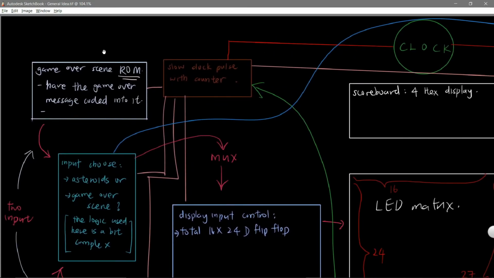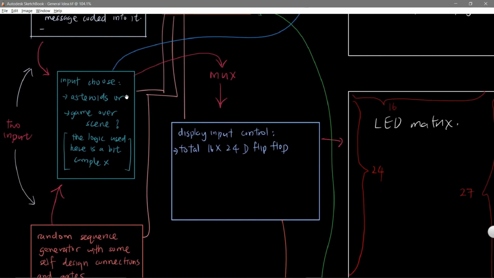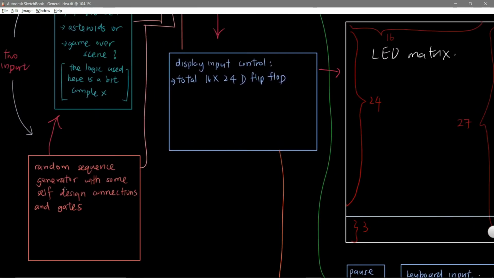About how the message is stored, we will discuss that in detail later. This ROM, its content never changes. Once you set it, it never changes. You just need to let it display its content by using a counter to choose the address. So you want to input your contents in an ascending arrangement, right? Also, because you have an input of a game over scene, and then you also want an input